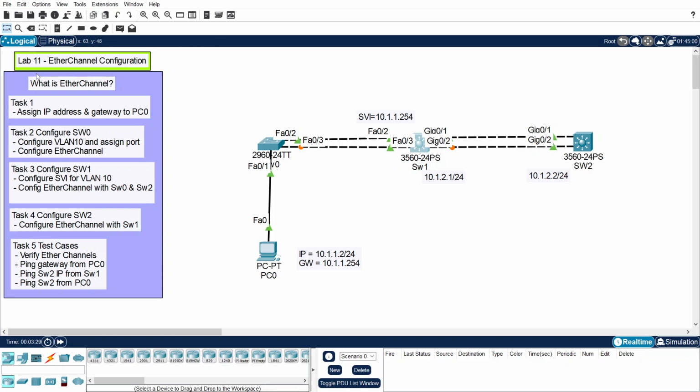Welcome to the Lab 11 EtherChannel configuration. So first of all, what is EtherChannel? EtherChannel basically refers to a technology that combines multiple physical links into a single logical link, and it